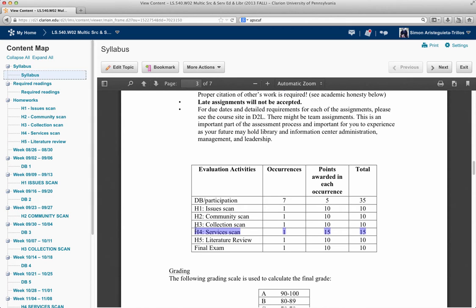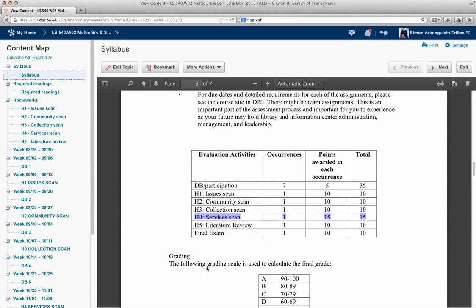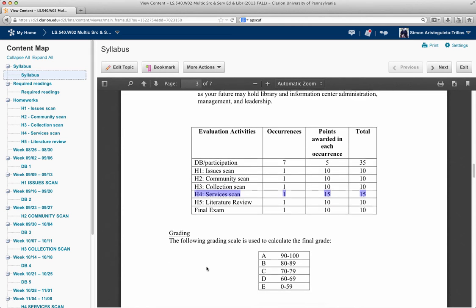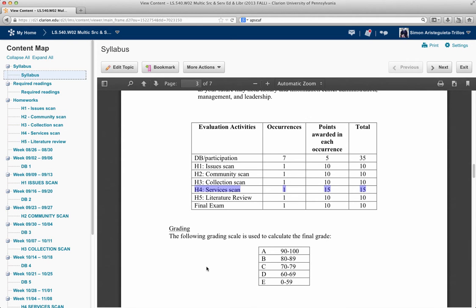I still don't know what I'm going to do, but we'll see that. So it's very simple, and if you do an excellent job, you may achieve 100 points. We have the grading scale, very simple. I like to keep my grading simple because I don't want to worry about grading. What I want to worry about is learning.